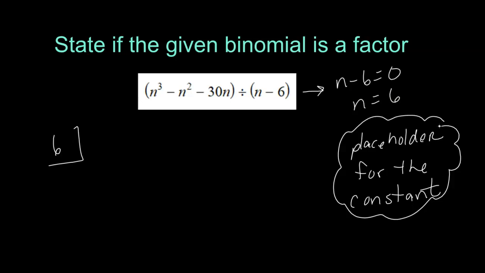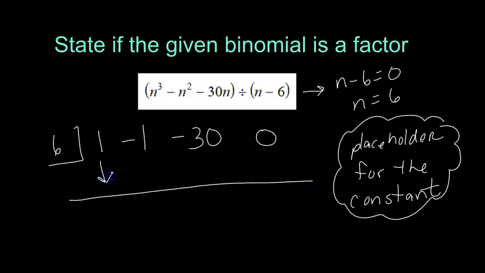Okay, so we have n to the third, which is a coefficient of 1, coefficient of -1 for n squared, -30 for n to the first power, and then we have no constant, so we're going to put a 0 there. And then we just go ahead and do our synthetic division, drop down your 1, multiply. 6 times 1 is 6, -1 plus 6 is 5. 6 times 5 is 30, -30 plus 30 is 0, 6 times 0 is 0, and 0 plus 0 is